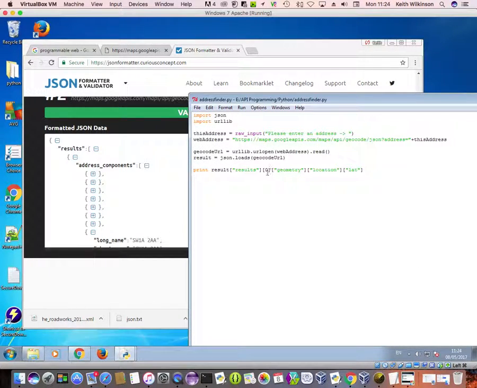So results 0, address components, and then we have an array. So instead of location, we need to put the 7th value in there, and what we're trying to find out is the postcode. So we can just choose the word long name. Hopefully that will give us the postcode. So if I choose long name,